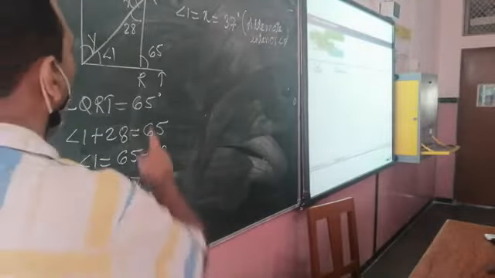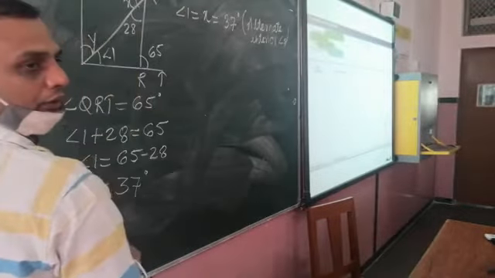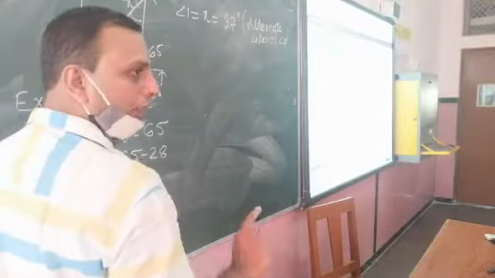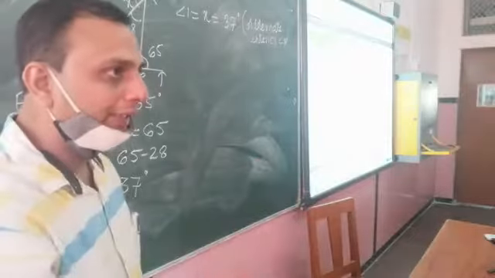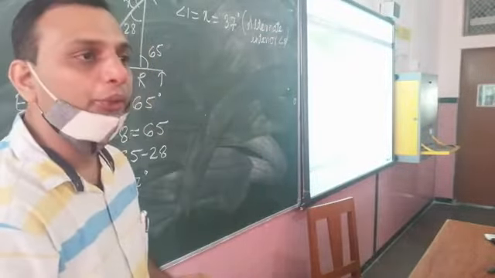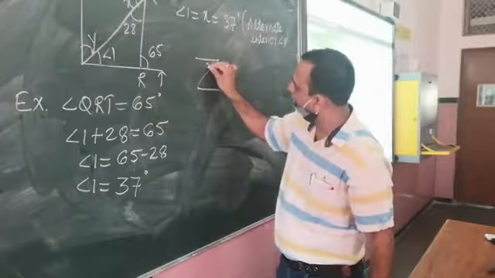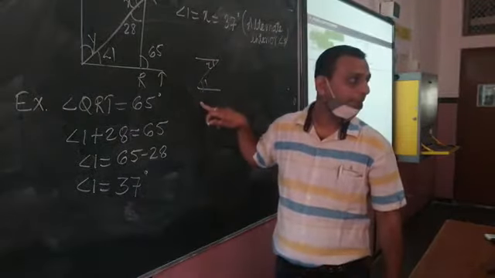The reason is that here you are forming alternate angles and here you are not forming alternate angles. 1 and x you form alternate angles because the lines are parallel. But why can't we say y equal to 20? Because they are not forming alternate angles. To form the alternate interior angle, it should come in the form of Z. I'll show you what Z is. Suppose this is Z. The angle should come here. Then they are the alternate interior angles.